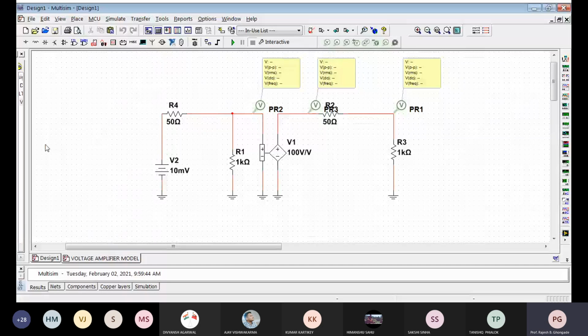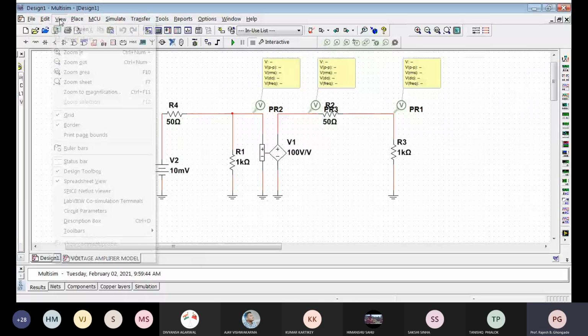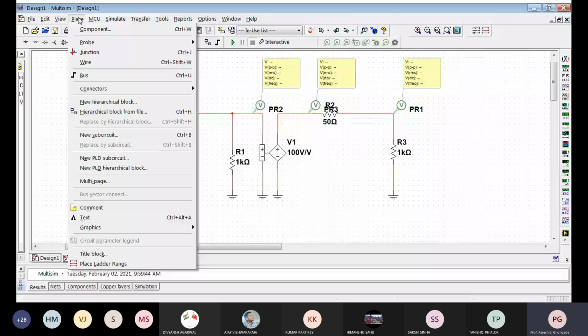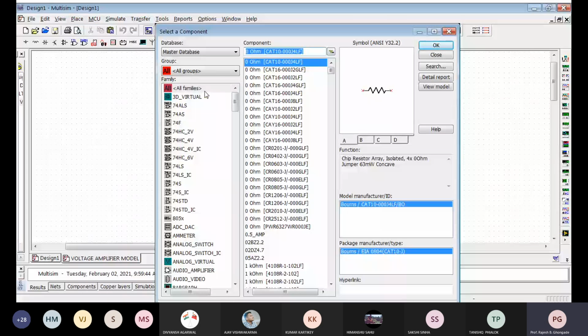Now, first of all, understand the various categories of components. In multisim, we have different components. So if you click on place and components, you will see a collection of groups of the components. All these components and devices are grouped into different families. The very first group is the source. The second group is basic, diodes, transistors, and so on and so forth.